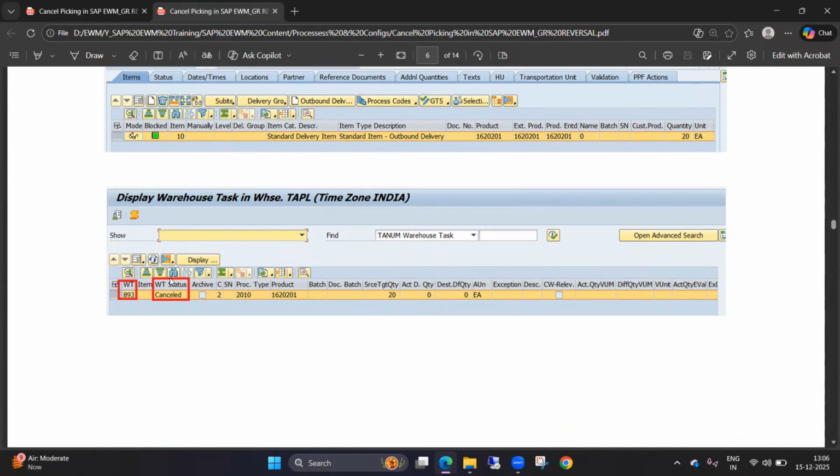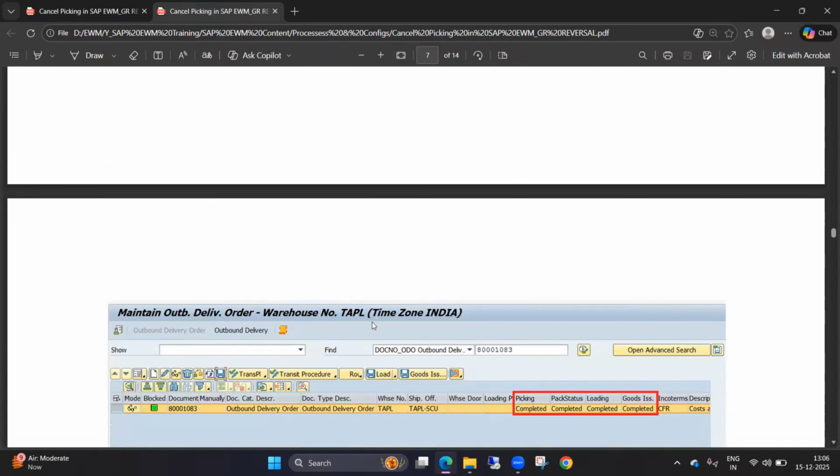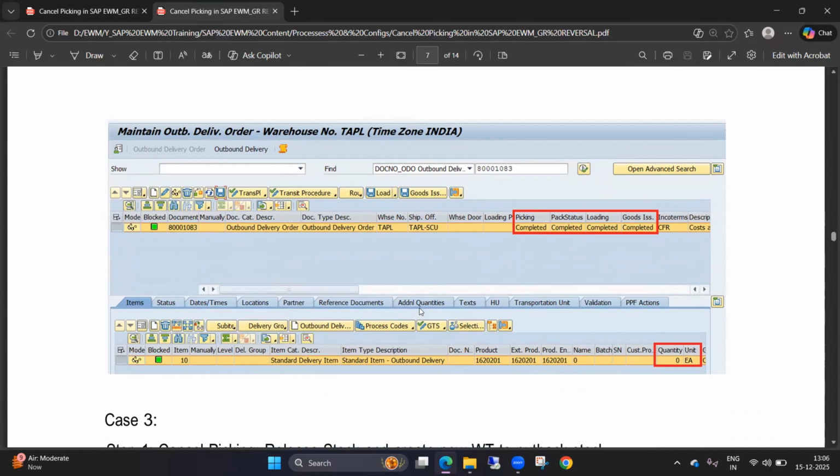Okay, that means the status has been cancelled for that warehouse task. We have verified that the picking warehouse task that was created against this delivery stands cancelled. Fine. Next, in step 2 only, what we need to do again is click on this edit